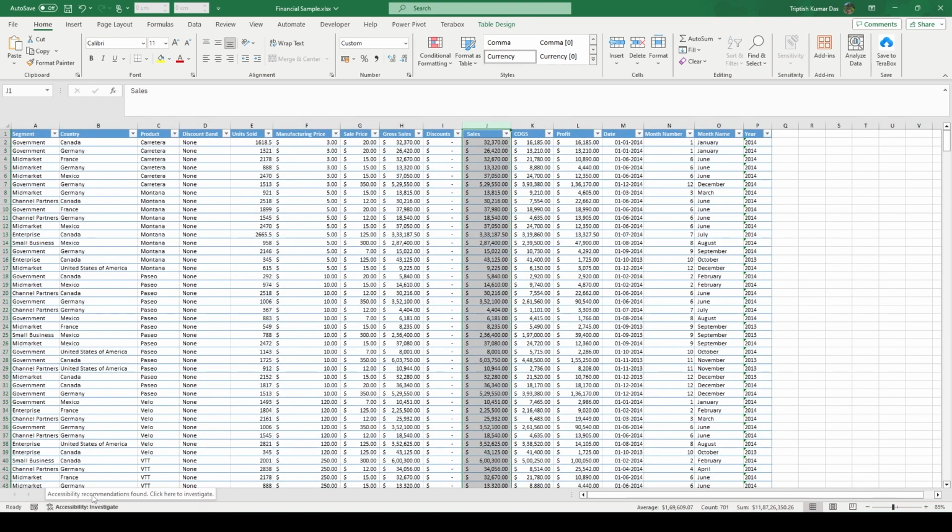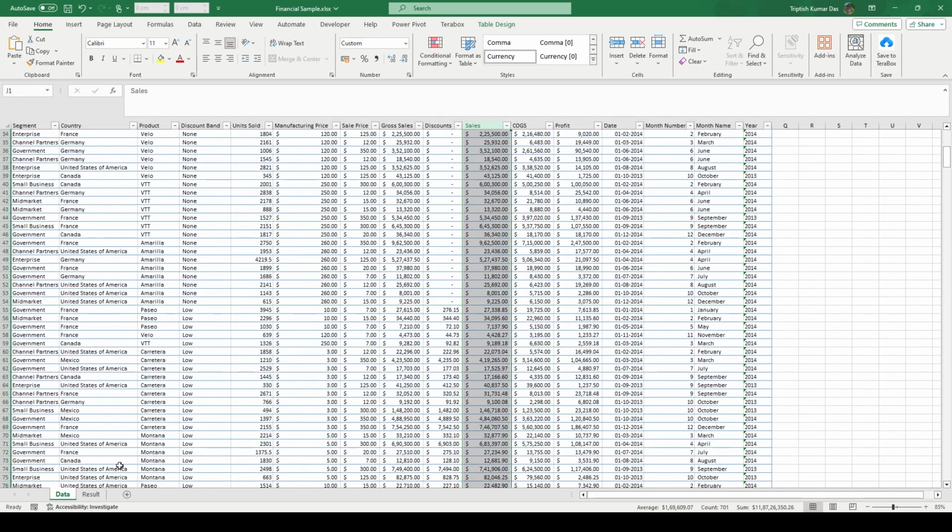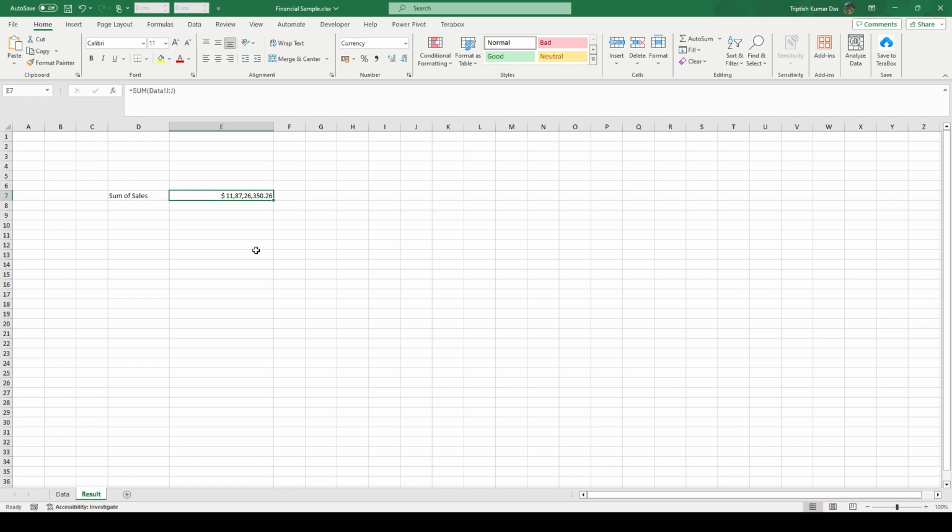So it does work. I really hope this helps you find a solution of how you can get the sum or the total of a column or a row of a data